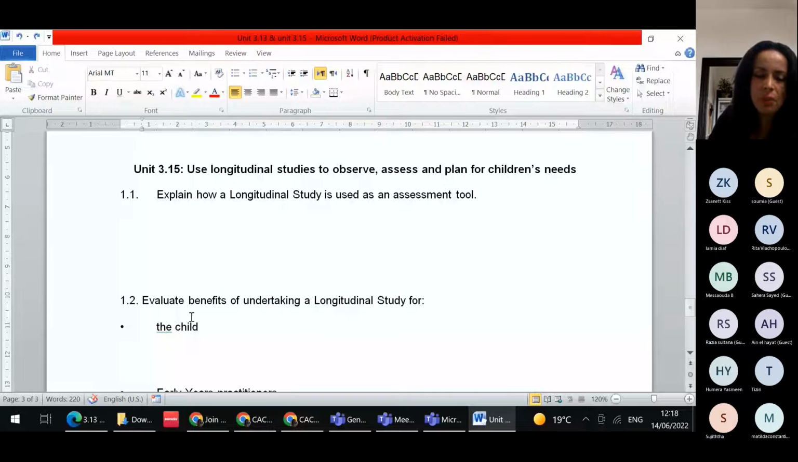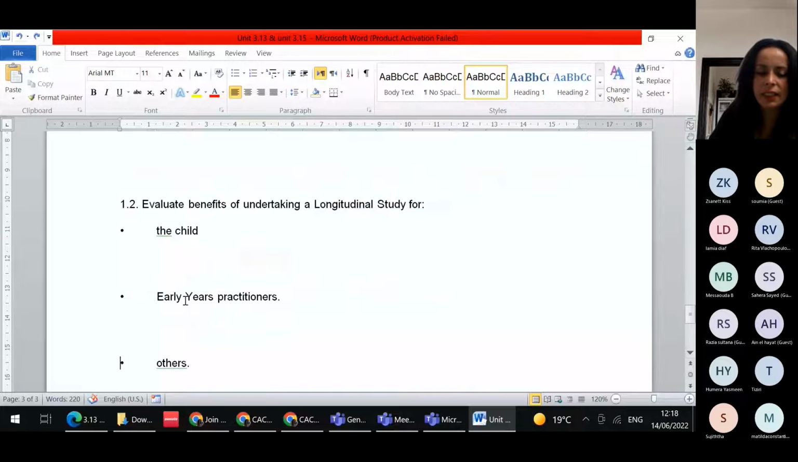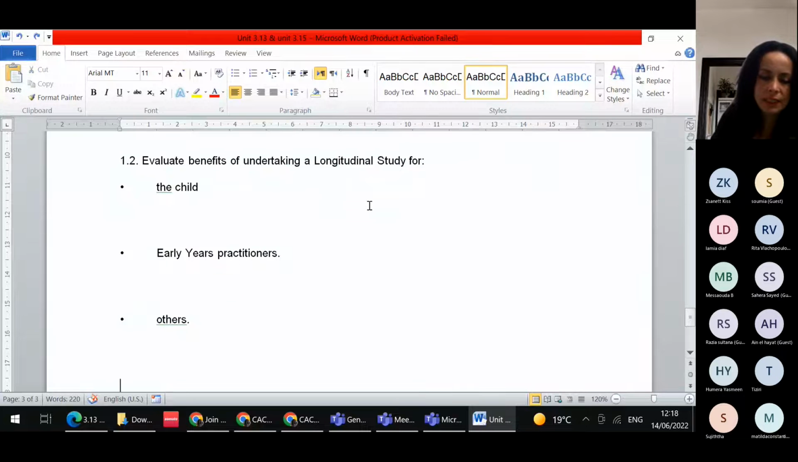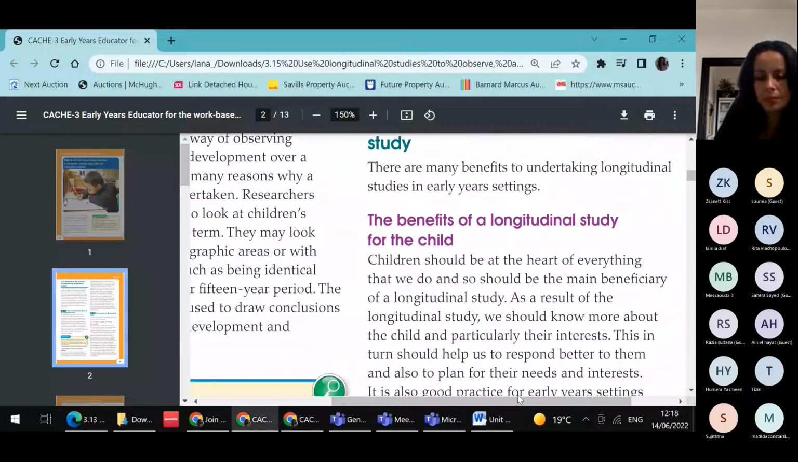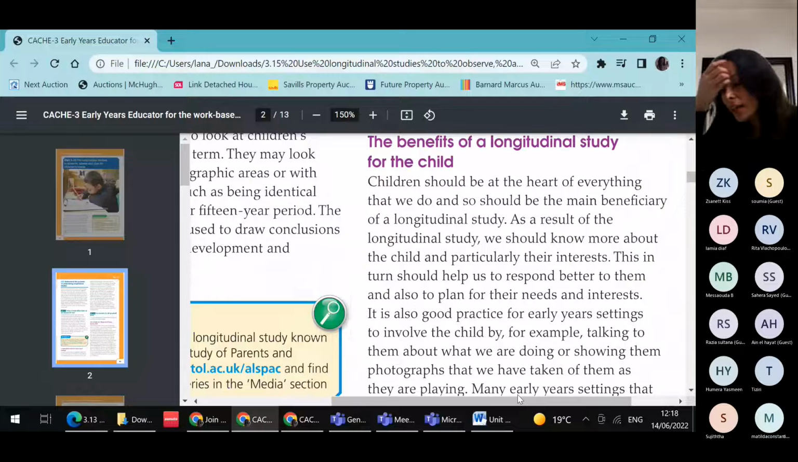So now evaluate the benefit of undertaking longitudinal studies for the child, for the early years practitioner, for the others. First of all, for the child, why do we do longitudinal studies? How would that affect the child, how will that help them? So the child, we should always put the child at the heart of everything. We should always concentrate on the child as an individual. We need to be doing everything to benefit this child's